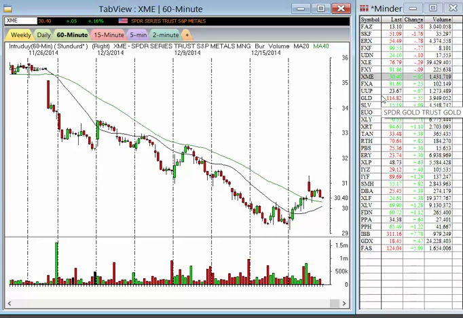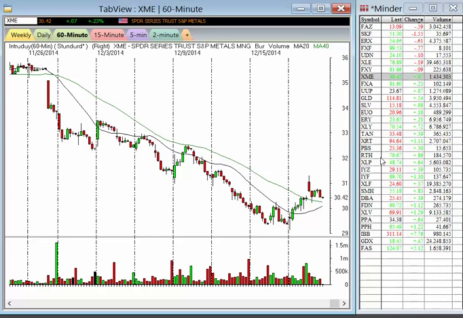If Realtick is down, then I've got TradeStation, so I've always got a backup. I've got TradeStation up at the same time, typically on a different computer than my Realtick, so I've got both up at the same time. If one goes down, all I need is one, and I can just use that. So what I do is you build a minor and say these are, for example, just a bunch of ETFs, but you take a look at these and you say, okay, well, if we're doing, say, live trading,